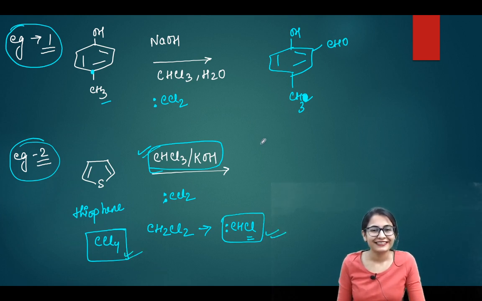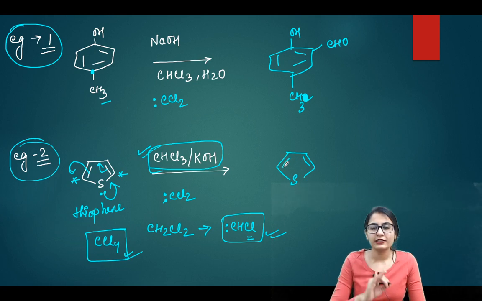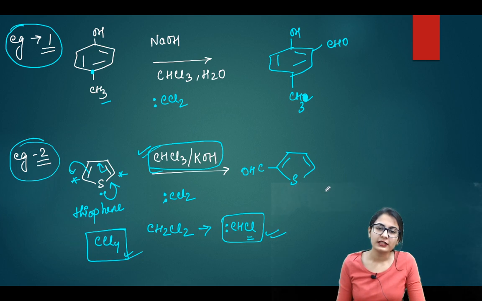All right, chalo. So sulfur, you already know that the thiophene molecule, or furan or pyrrole, all of them are attacked at the 2 and the 5 position. So they are going to give the attack like this. If I draw the product, the final formylation product, not the complete mechanism, it is going to be like this, formylation on the second position. So this is your answer to this reaction.